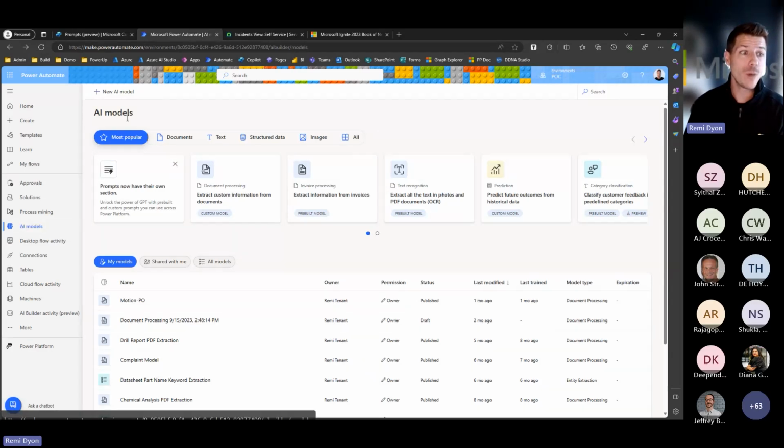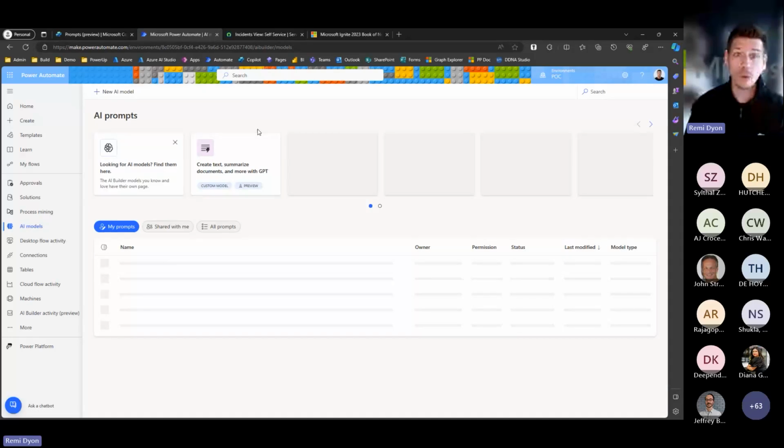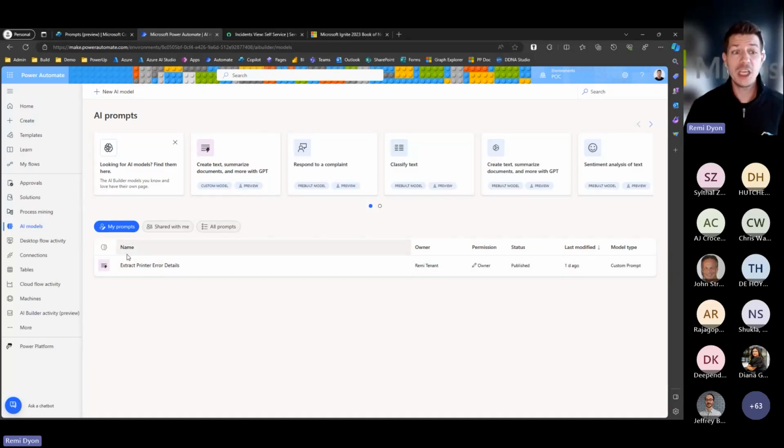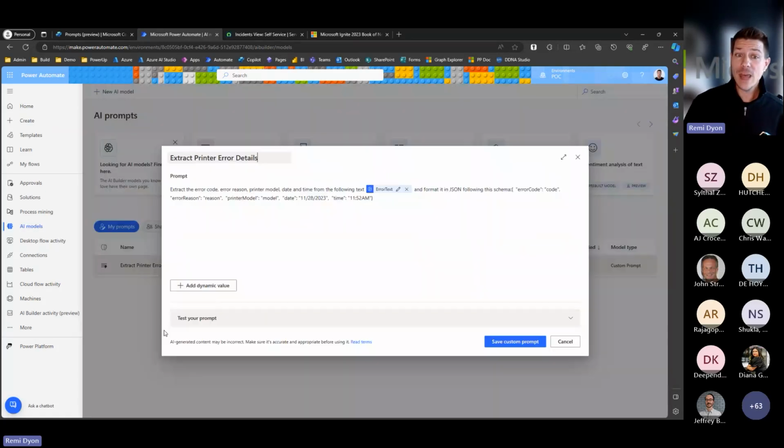When I go to my AI models, here I now have prompts as well, and I can use those prompts in my Power Automate flow. So you can see here, my printer error details is also available in Power Automate. So you build your prompt once, and then you're able to reuse those prompts a little bit everywhere in the Power Platform. And what that looks like, it's just like a GPT prompt. You describe what you want the GPT model to do, and you can inject in that prompt dynamic values and soon data sources, particular data sources,